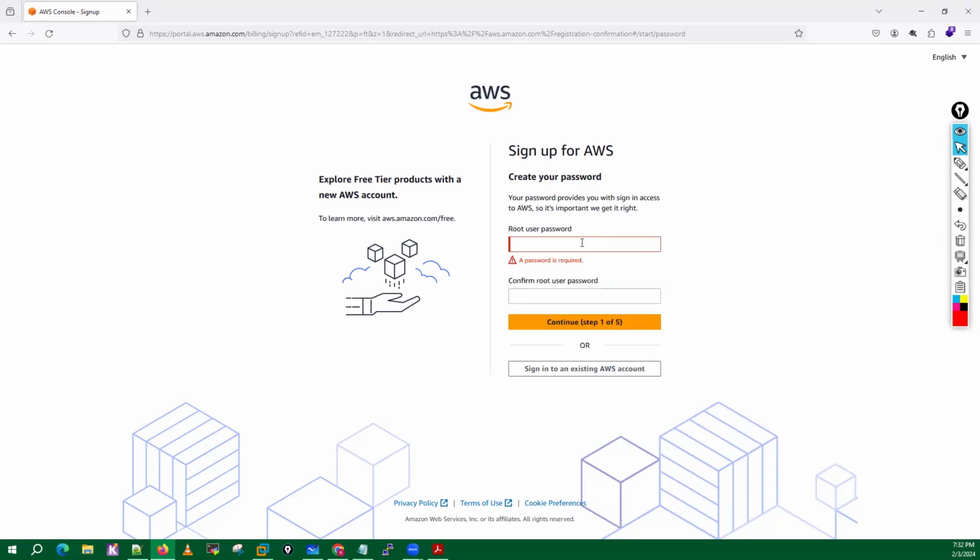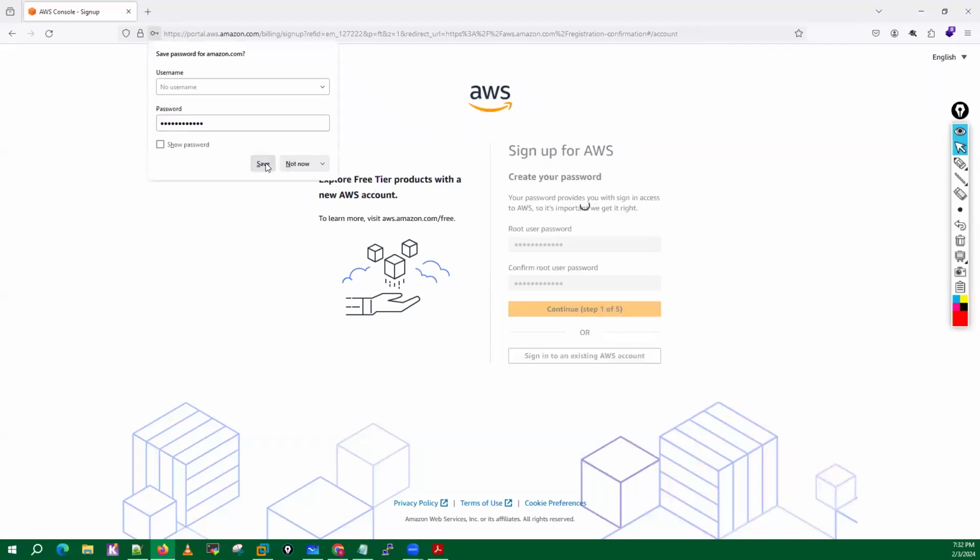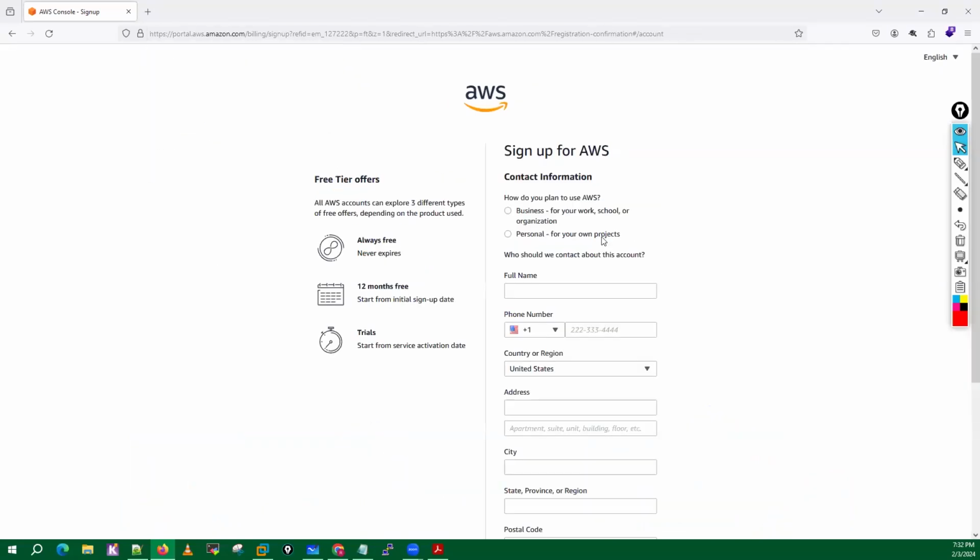Now it is asking to put the password. So let me put one password here. Now just click on continue. Step 1 to 5. Continue. No, I don't want to save here. Okay, now